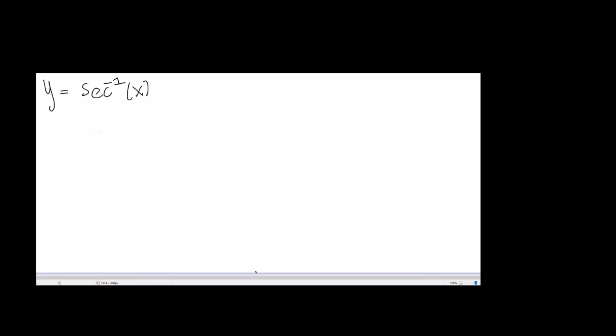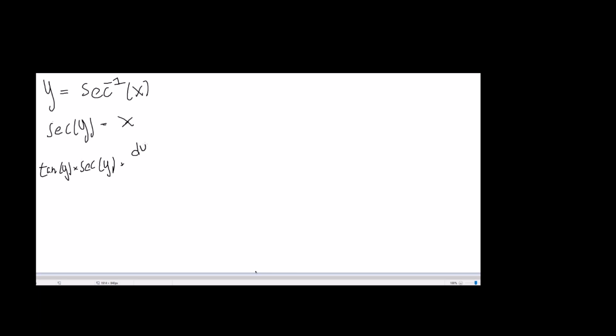And next up is the derivative of the inverse function of secant of x, and I think you're starting to get the hang of how to do derivatives of inverse trigonometric functions. So we take the secant of both sides: secant of y is equivalent to x. Now we take the derivatives of both sides, and the derivative of secant is tangent multiplied by secant. So we'll have tangent of y multiplied by secant of y. That's the outside of the function, and the inside of the function